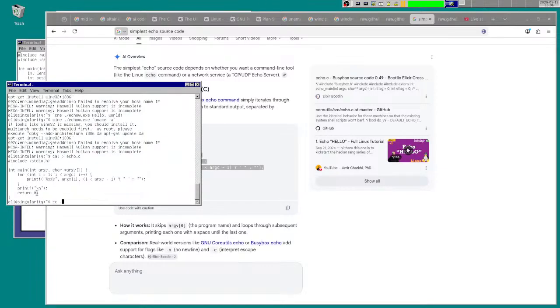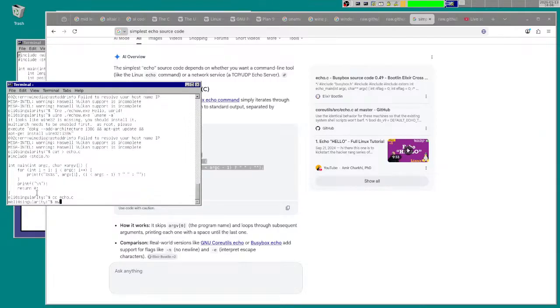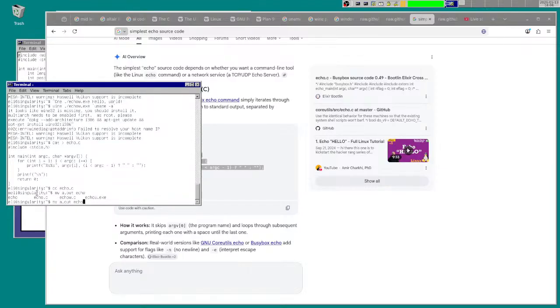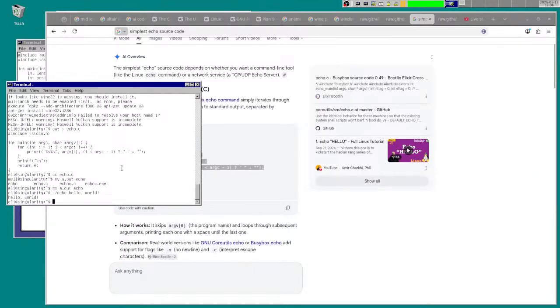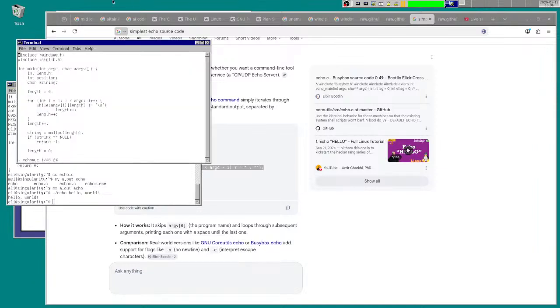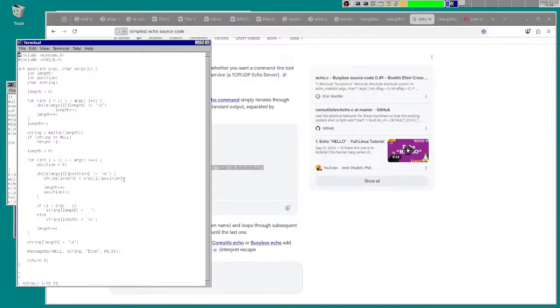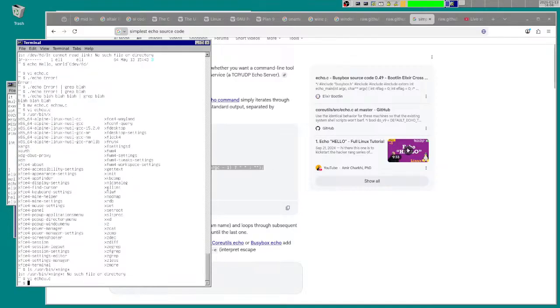So yeah, I made a little Windows Echo type program, echo w.exe, and I could print the date and time.